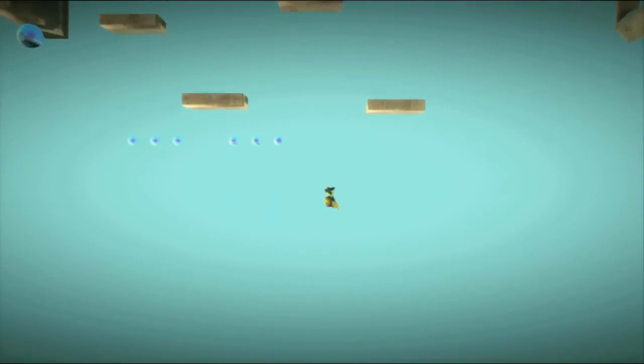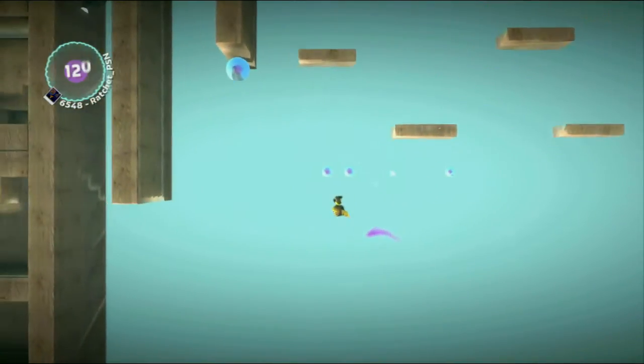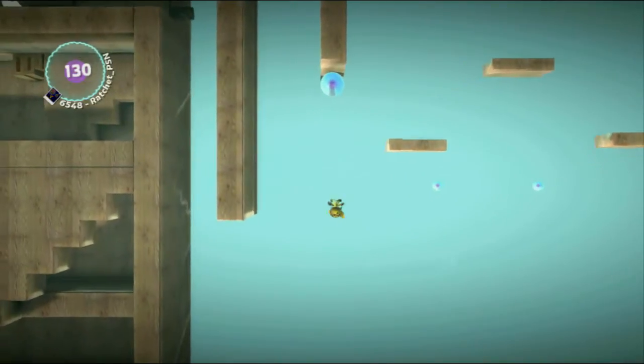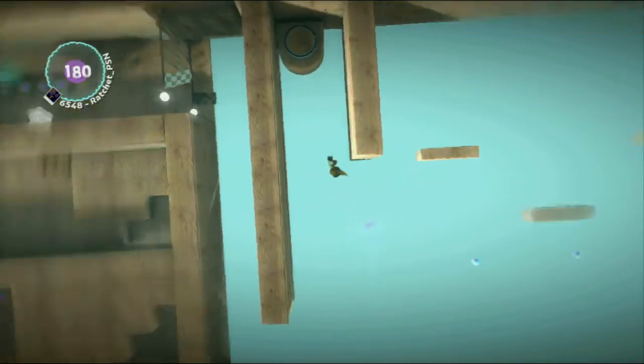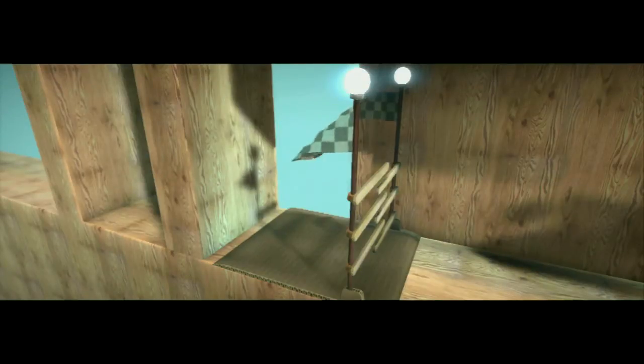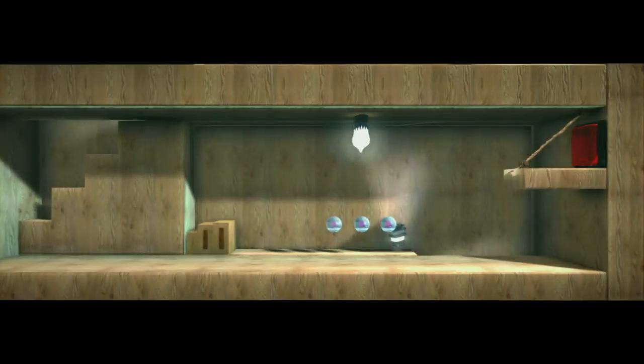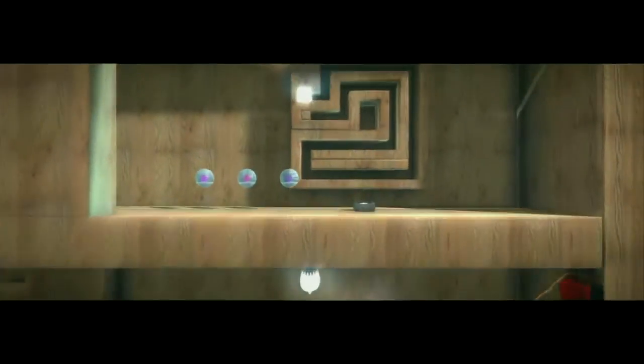Seriously, what? Also, turning the camera upside down is not something you should really do until at least halfway through the level, because that is disorienting as all hell. You should put that towards the end. That bit. Okay, now take notice of this. There's this room, and this room, and